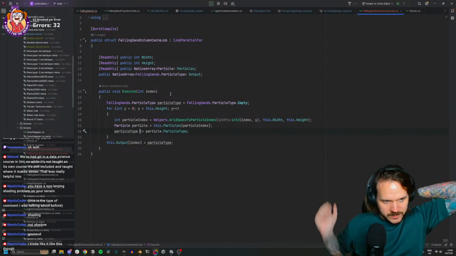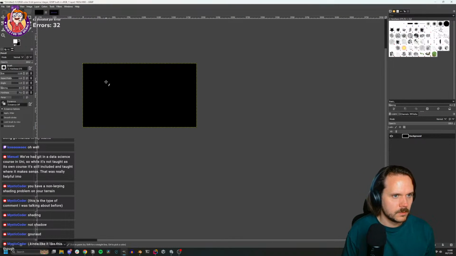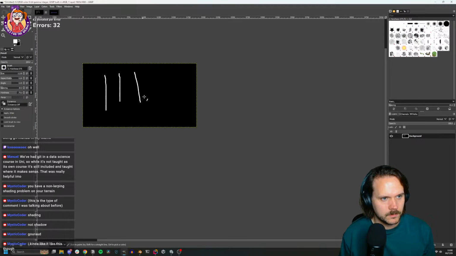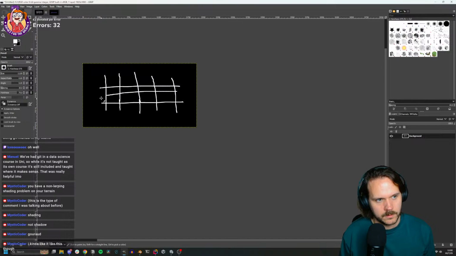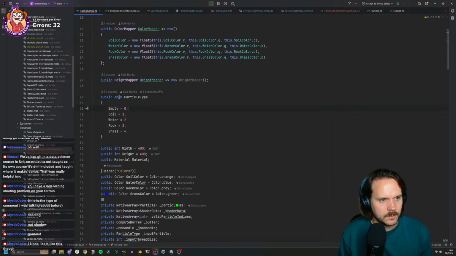So basically, what I was thinking when I was testing this out earlier is, if we run through every column of our grid, and it looks something like this, we run column by column, so each job will be responsible for one column of the grid. We do a bitwise operator to get a single int that contains all the unique types of particles in this list. So if we go to our particle type and we make this